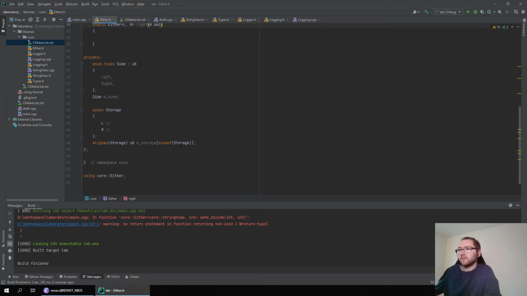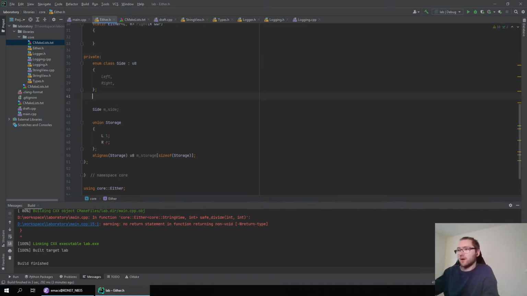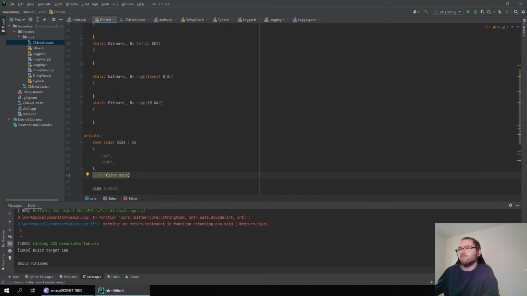So how do I construct an either? Let's introduce a private constructor that just takes in the side. Or should I also take in the value?